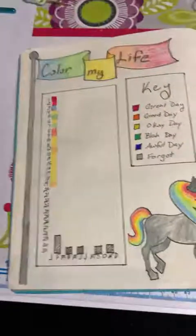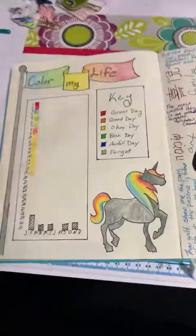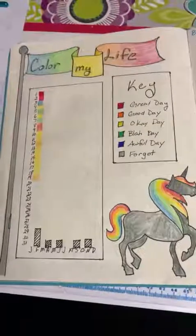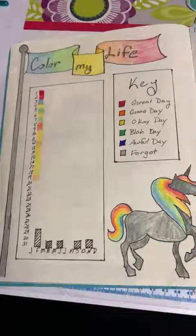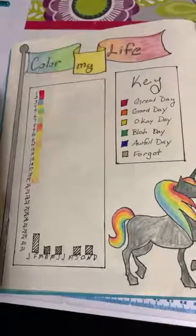I am keeping up with my pixel a day, which is still my favorite page in this bullet journal. And as you can see, I've had a pretty good week, or a pretty good month so far. I'm having a lot of okay days,